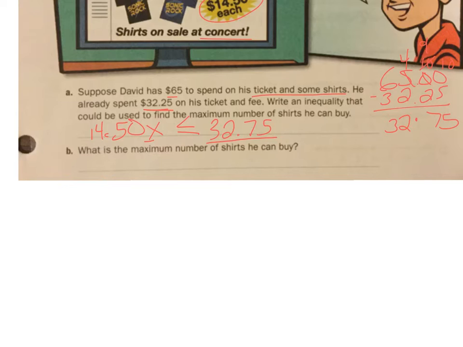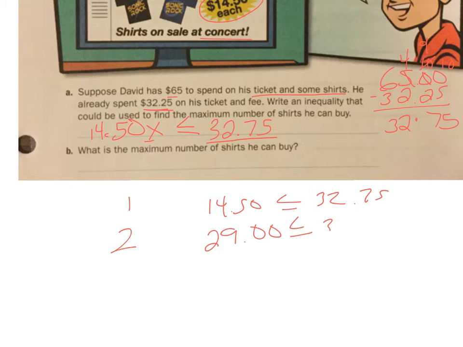So on this one, I'm going to just do some guessing and checking because it's pretty close. I'm going to say, could he buy one shirt? One shirt would be $14.50, and that would be less than or equal to $32.75. Yes. Now, if he bought two, it'd be $14.50 times 2. That'd be $29. Is that less than or equal to $32.75? It is. Now, if he bought three, that would be $43.50. Is that less than or equal to